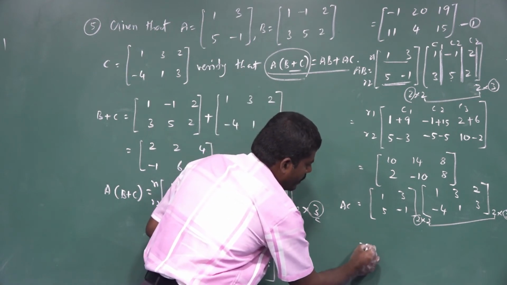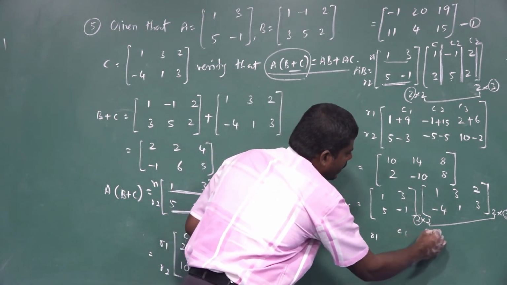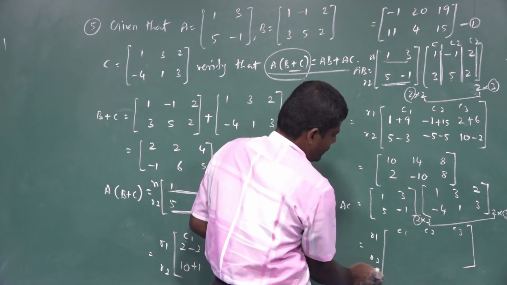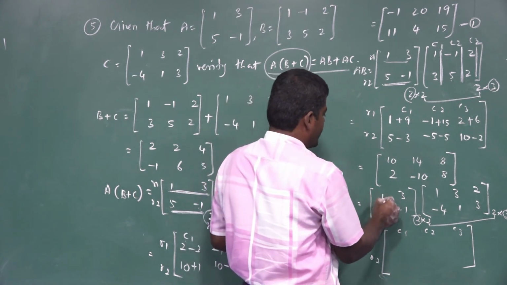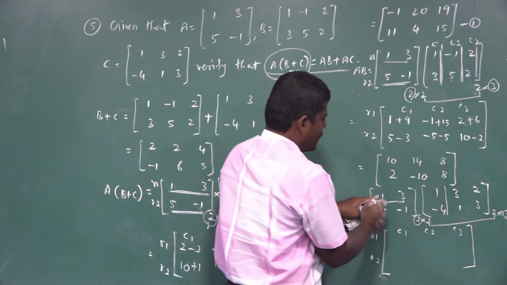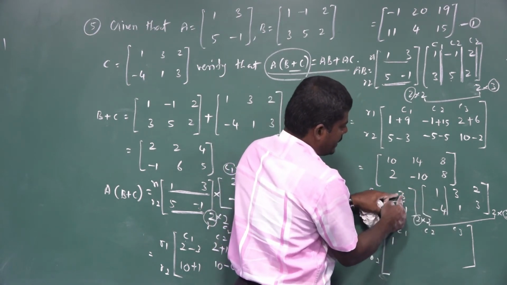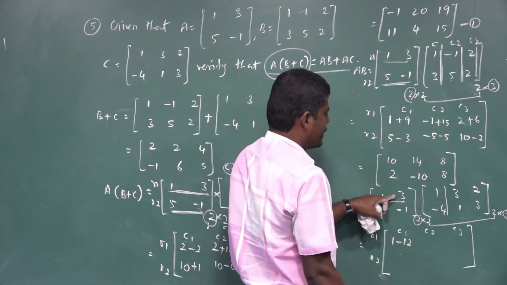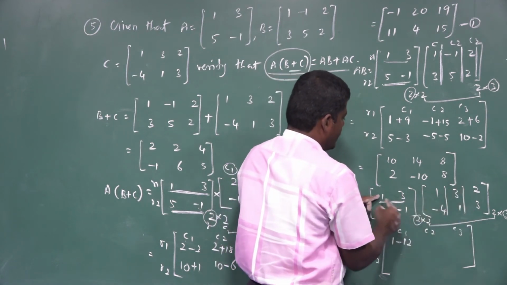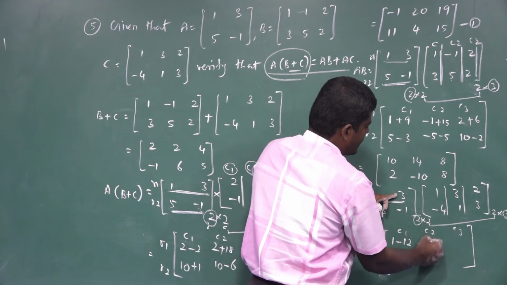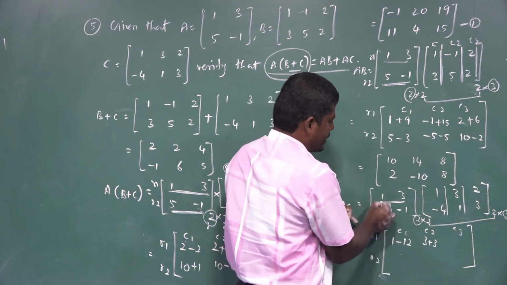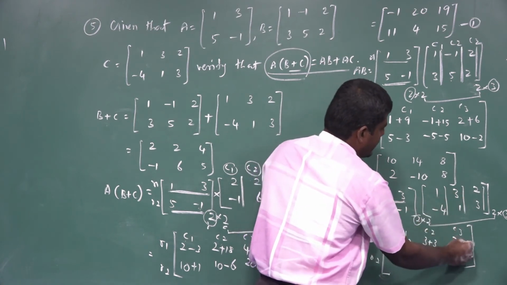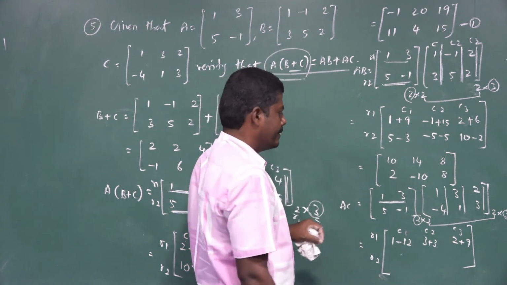So, now, row 1, row 2, column 1, column 2, column 3. You take the first row and first column. So 1 multiplied by 1, 1. 3 multiplied by minus 4, minus 12. First column is over. Next you multiply same first row, second column. 1 3s are 3, 3 1s are plus 3. So the second column is over. Next, same first row, third column. 1 2s are 2, 3 3s are 9. Over.